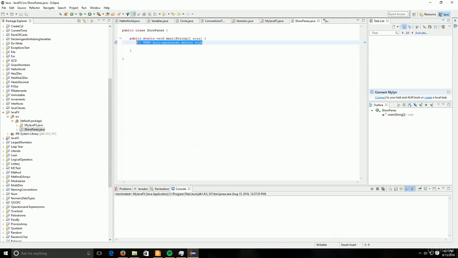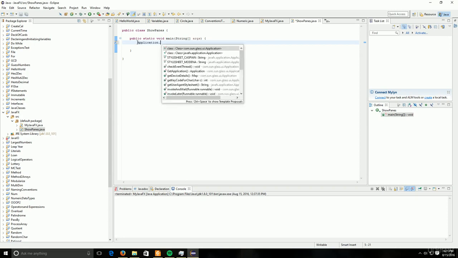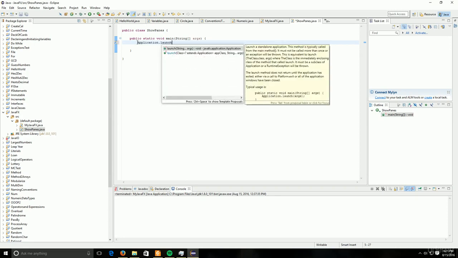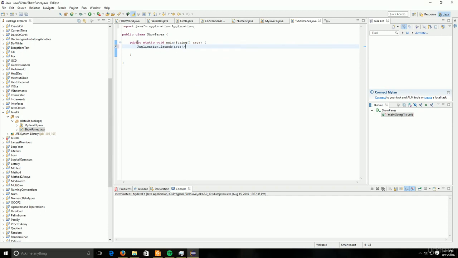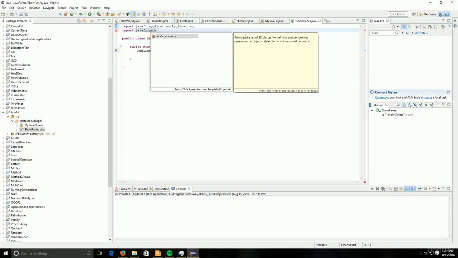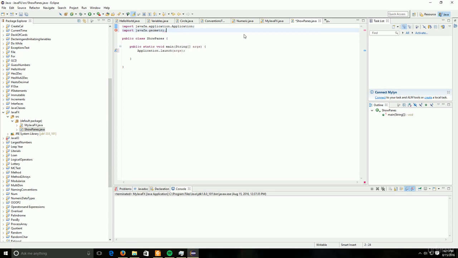And before we do anything else, what we need in our main method is to say Application.launch, and then the args will be passed. You'll notice it auto imports the Application class. We also have to import a couple more classes. We have to import javafx.geometry.Insets